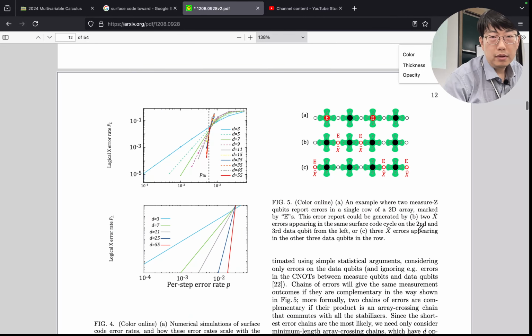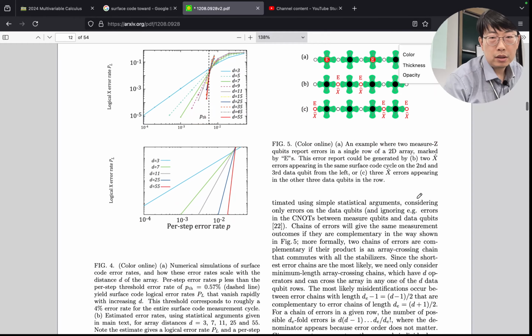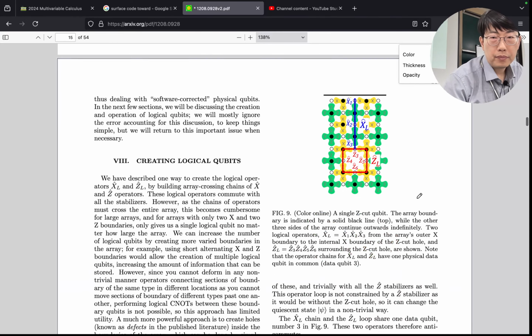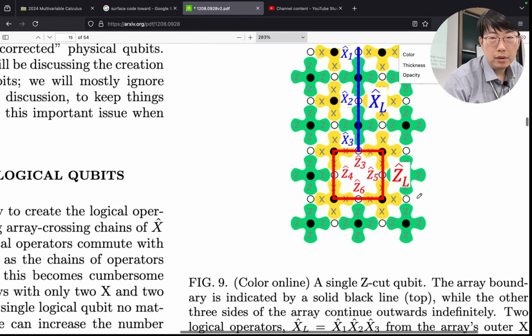So, well, this is about error correcting simulation. So skip this one. Okay, so